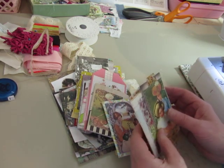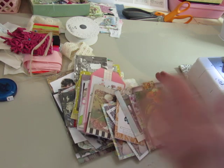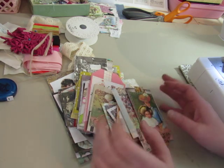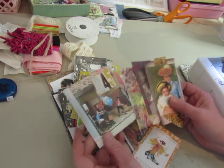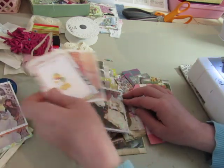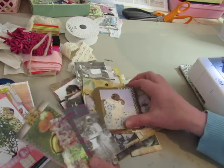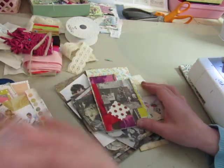Mrs. Coggs images. You may recall that I have a bunch of Mrs. Coggs images that were left over from various kits from different journals that I've made, and I didn't use all of the cards from one specific kit, so I have a bunch left over. So I am making things with them. I have a bunch of booklets that I made. I think I showed you those. I have at least one tag and tuck spots and cards and all kinds of things. So I've got quite a pile here,